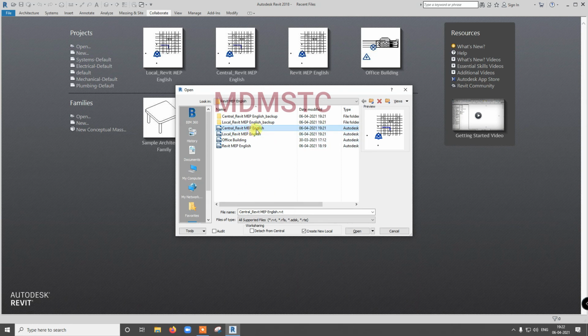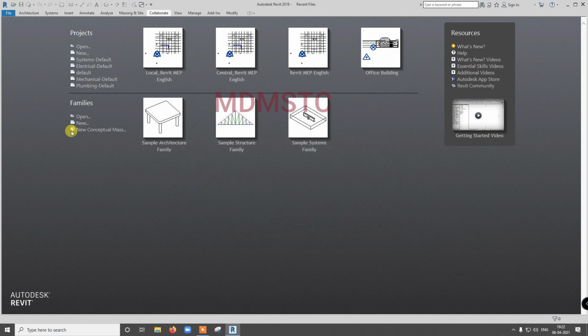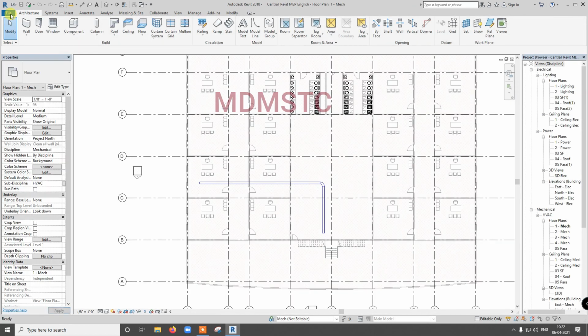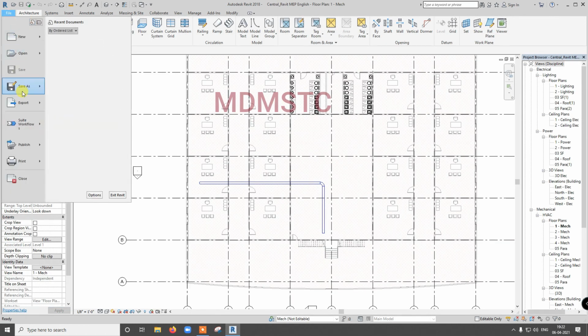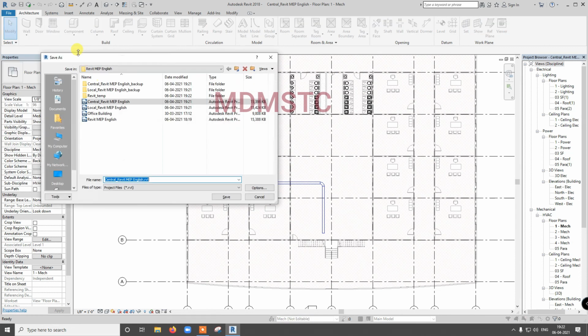Okay, this is the central Revit file. This is the central file, since only from the central file can you create new local files. Just I will disable this and click OK. I am going to go for this, save as project file.